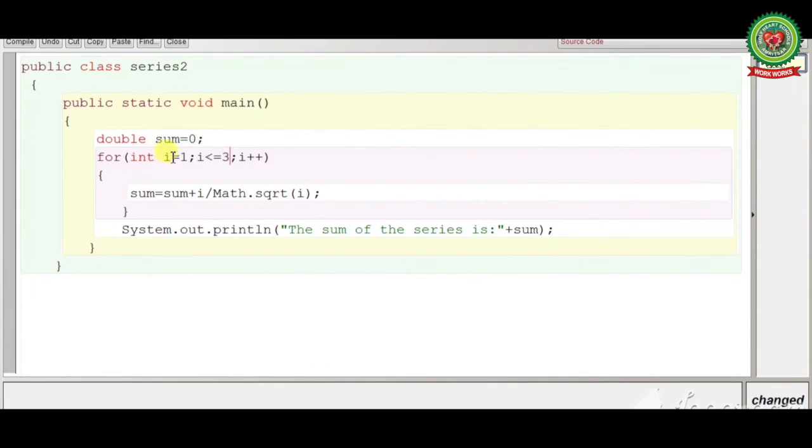Again the value of i will be incremented, that is 3. 3 less than or equal to 3, the condition is true. So 2.4 plus 3 upon square root of 3 will result in 1.7. So 2.4 plus 1.7 results in 4.1.